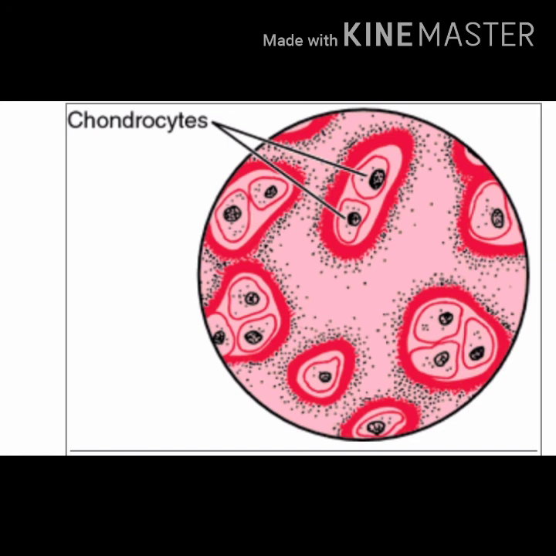It is present at the ends of bones, the tip of the nose, the ear, the trachea, the larynx, etc. Trachea is the windpipe. Larynx is the voice box. In all this, we can see cartilage, or soft bone. So, these are the two connective tissues with the solid or semi-solid matrix, the two forms of supportive connective tissue in our body. Next is the fluid connective tissue, which we will discuss in the next class.